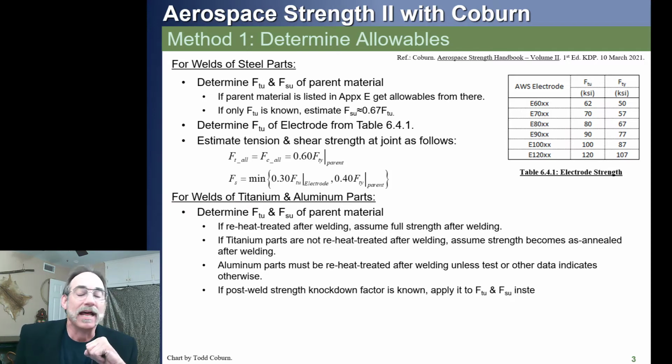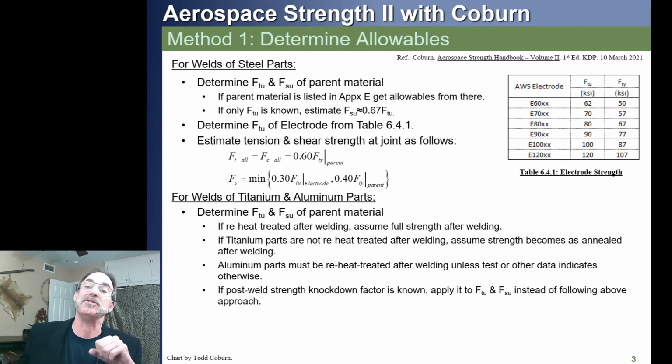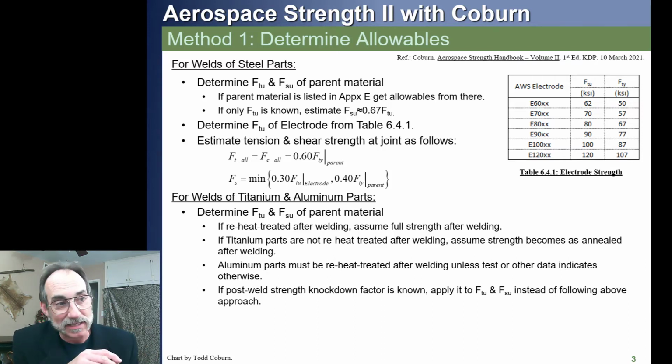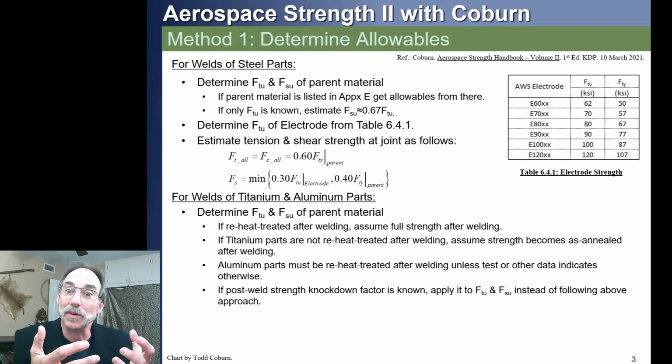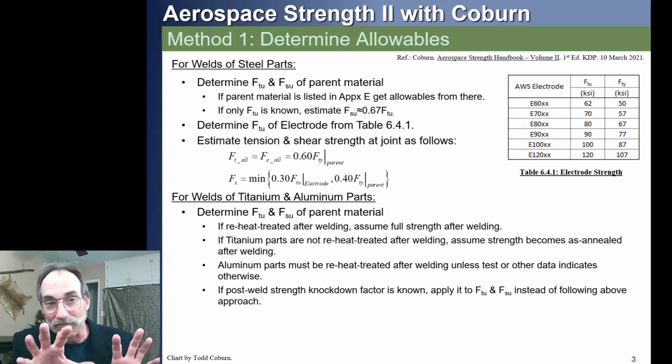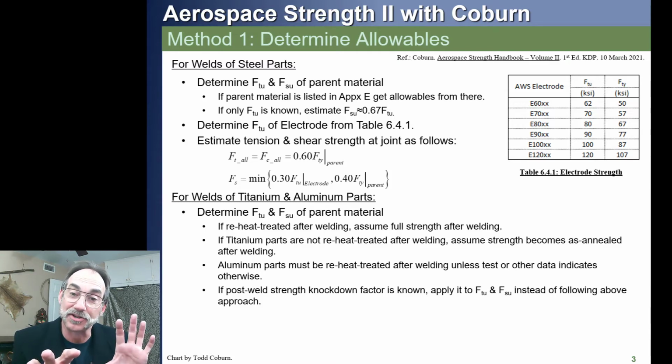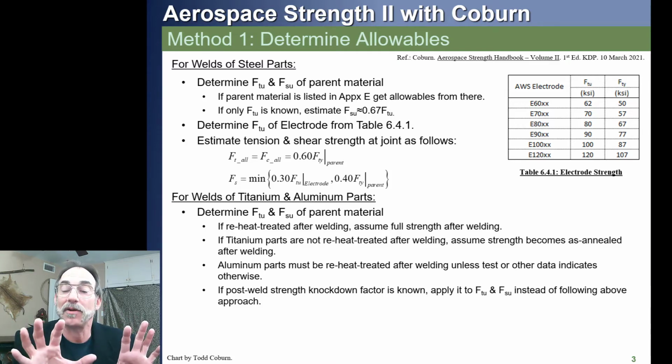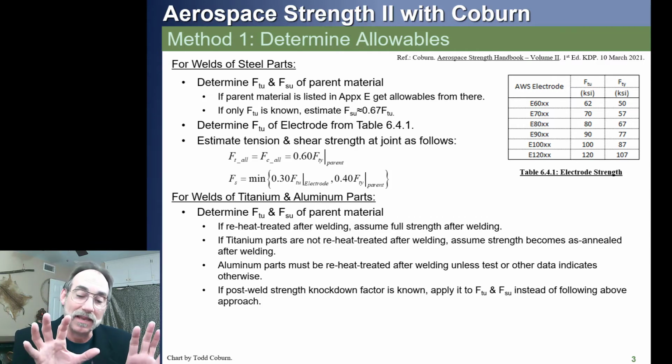Okay? Now sometimes with aerospace materials, somebody will go out and test them. A good way to do this, let's say you've got a welded part and you don't really know what the allowables are and you can't afford to be too conservative, you want to be right on. You can make, let's say, a tension sample and a shear sample. You can make one without a weld and another one with a weld, and you can test both side by side, say 7+ samples per type of loading. And then what you can do is develop a knockdown factor. If the unwelded material has a certain strength and the welded material has the same or better, then you say there's no loss of strength. If the welded material has a loss of strength, you can come up with what factor of strength you have